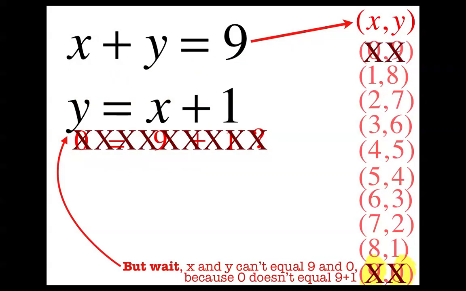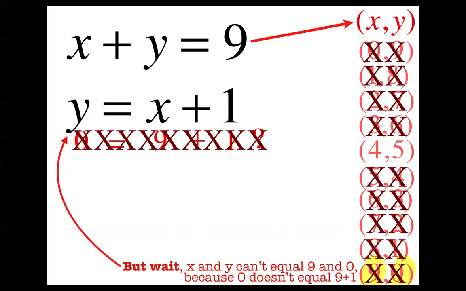So we're going to cross that one out. And I think if you kept on testing them and testing them, you would find that a whole bunch of them don't work. And you could test them yourself, like plug in a 3 for x. 3 plus 1 is not 6. Okay? And you could test, and eventually what you would figure out is that